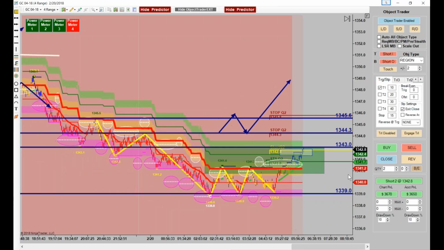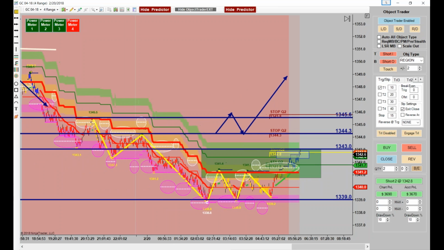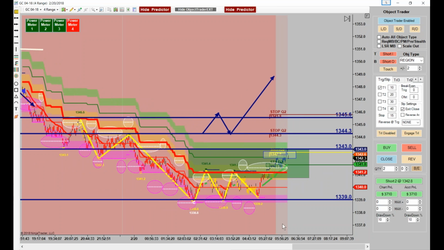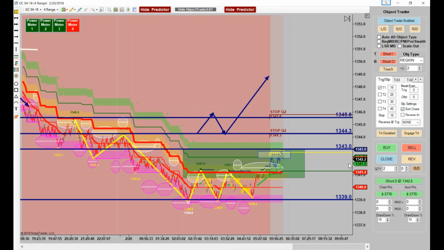Now, with this going sideways like this, I would be real careful just in case this is a full-fledged trend change, because it very well could be. Let's go ahead and go for mid-band.